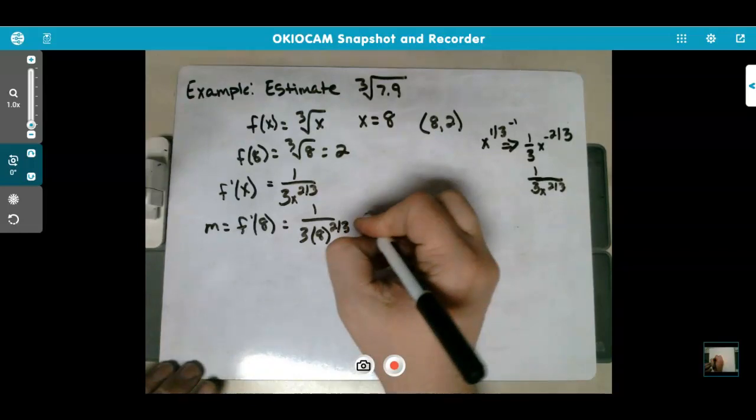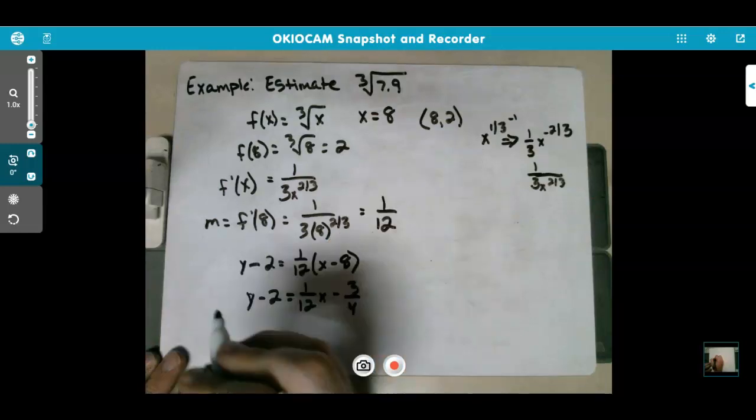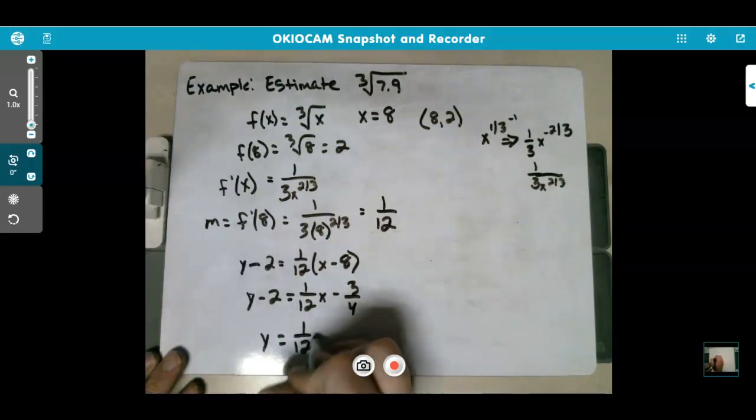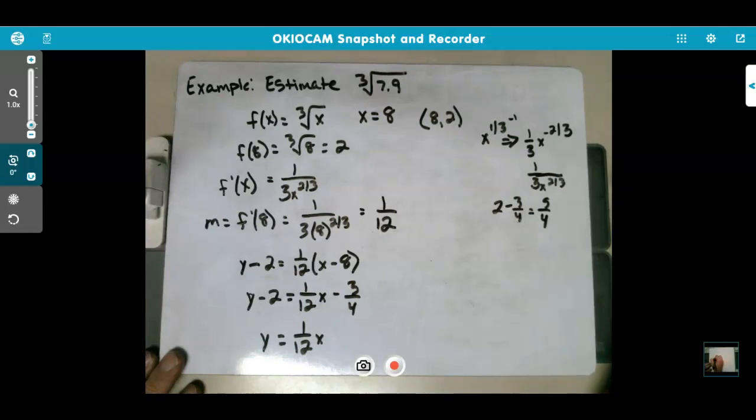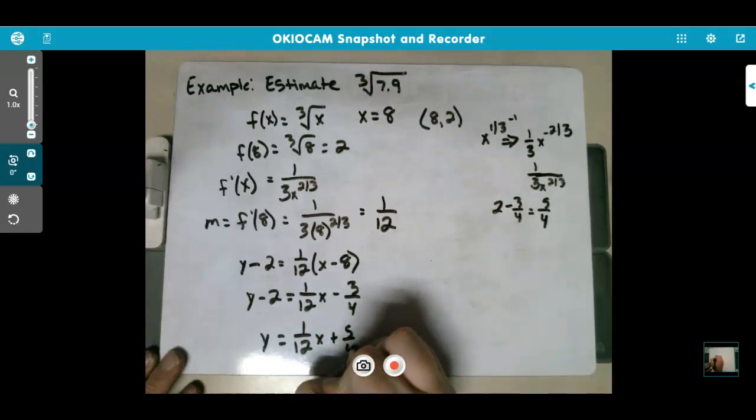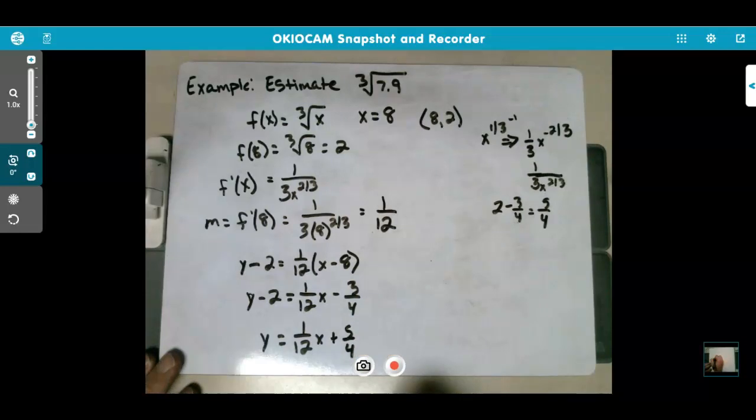So putting this in point slope form, y minus 2 equals 1/12 times x minus 8. Solving this for y, you get y minus 2 equals 1/12x minus 8/12, which is like saying 3/4. Add 2 and you get y equals 1/12x plus, 2 minus 3/4 is like doing 5/4. Yes, so plus 5/4. So the tangent line of the cube root of x at x equals 8 is